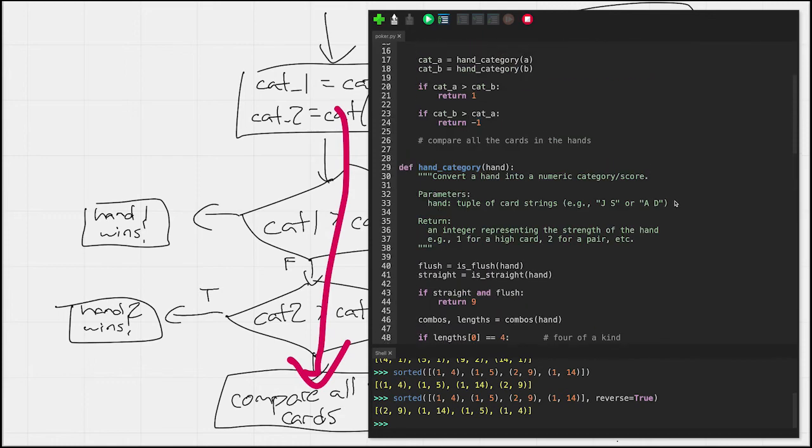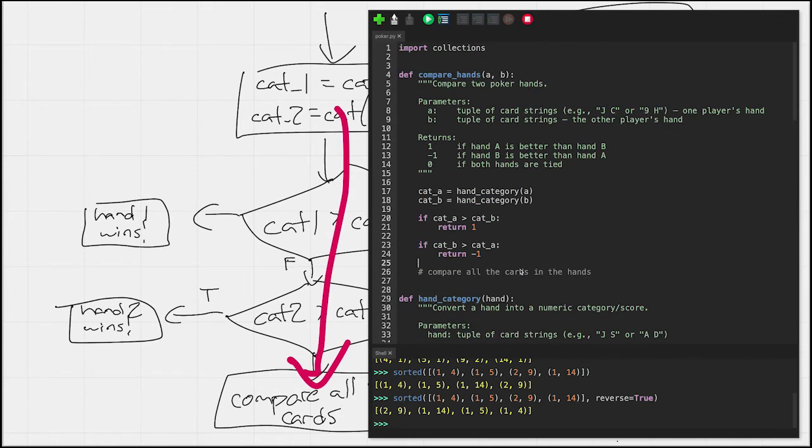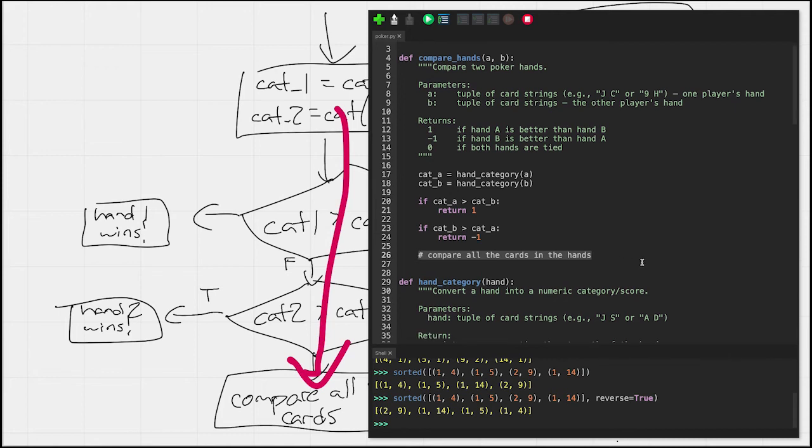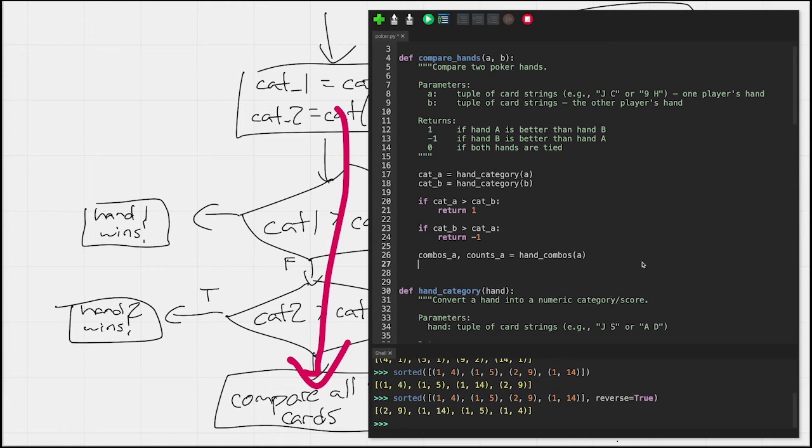So here, as long as I, sorry, no, there's one element missing here. I didn't actually go back and finish this last part, comparing all the cards in the hands. However, I think you're going to see that it is fairly straightforward. So now that we know that we are able to get those combos, so combos and counts from A, we have a function that will tell us here are the most frequently repeated cards from the most common to the least common. And within those, here they are from the highest to the lowest. You're going to see that